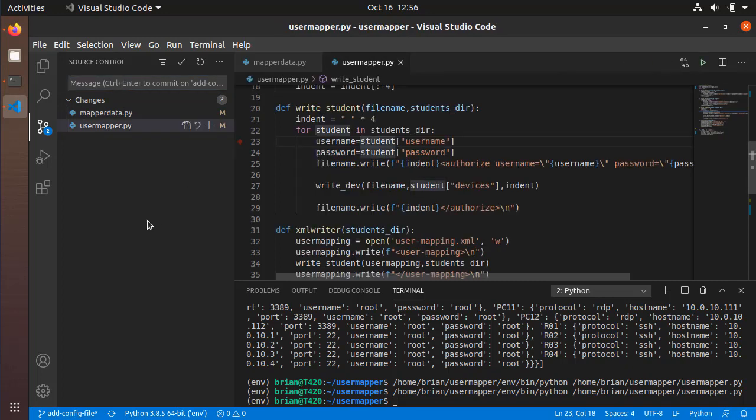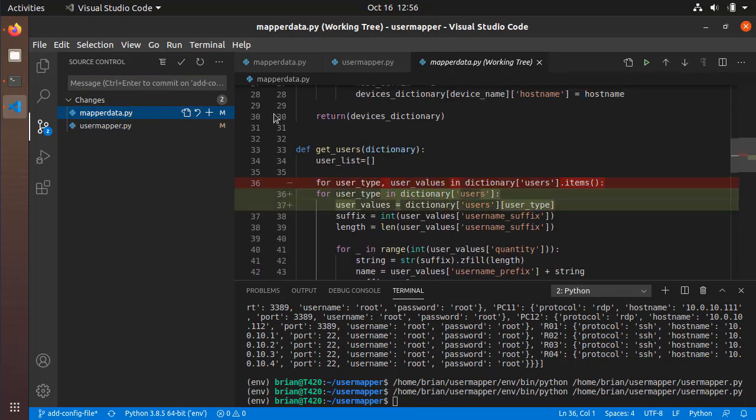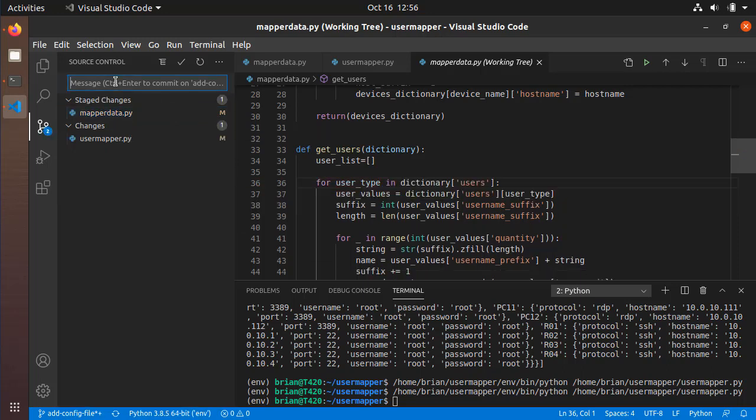Hang on a second. I'm not sure what I changed in mapperdata.py. Oh, right, that little change there that I made. Maybe I will separate this out because that was for a totally different reason. So I will stage that, and I will just say